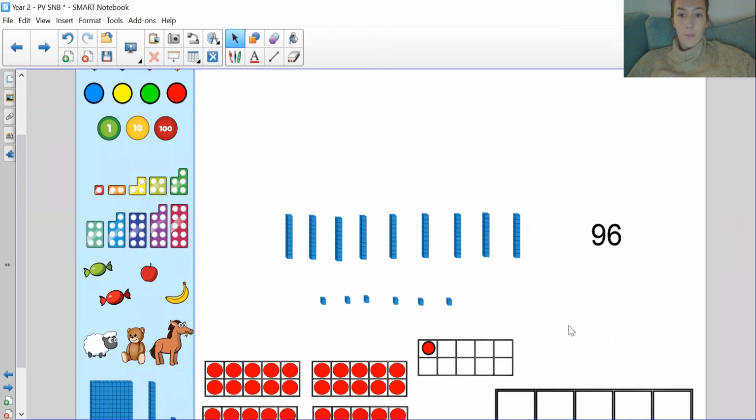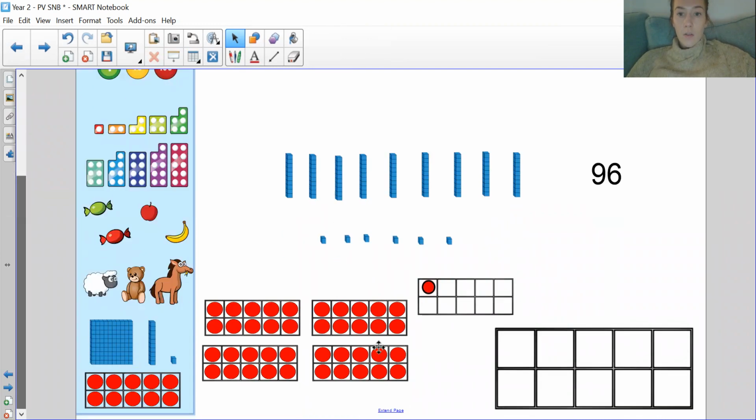Right, okie doke. So ignore that big one there. I want you just to look at the ones that I've dragged in here. So obviously in a tens frame, the name gives it away, there's going to be 10. So you don't have to sit there counting them all individually. I don't want you to do that because that's just a waste of time. But if you've got the knowledge and the understanding that within a tens frame, there are 10, you can do